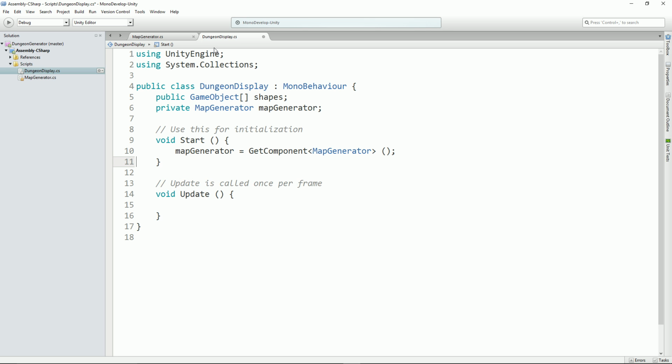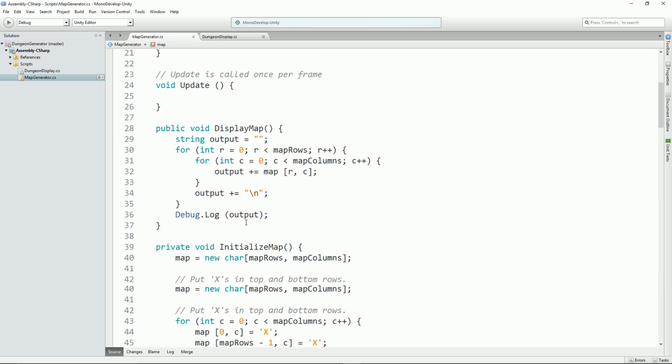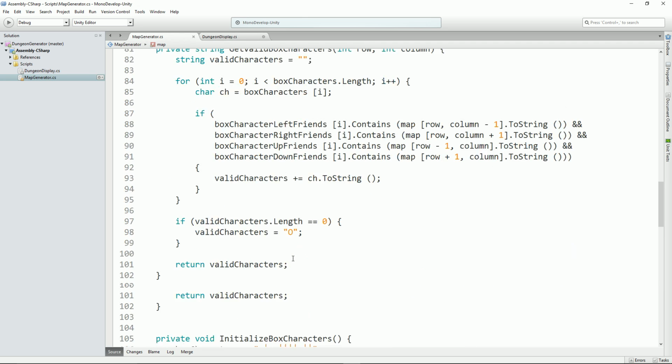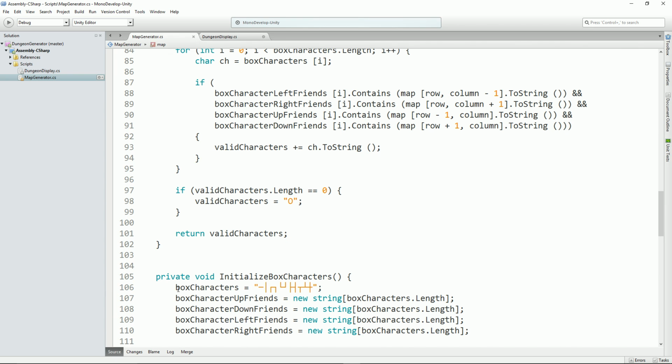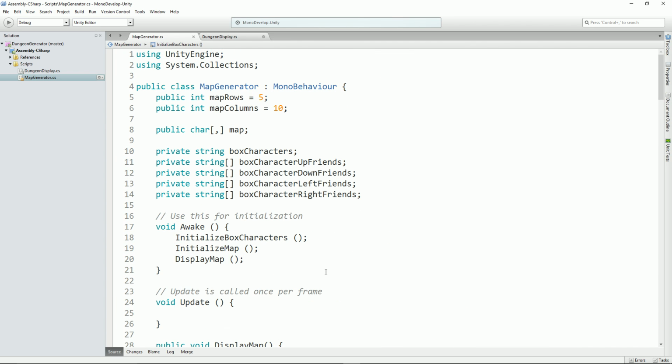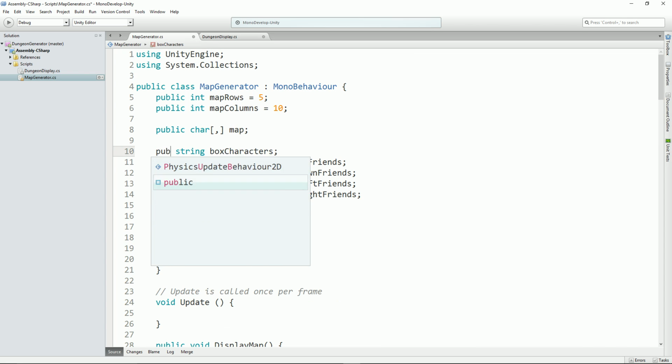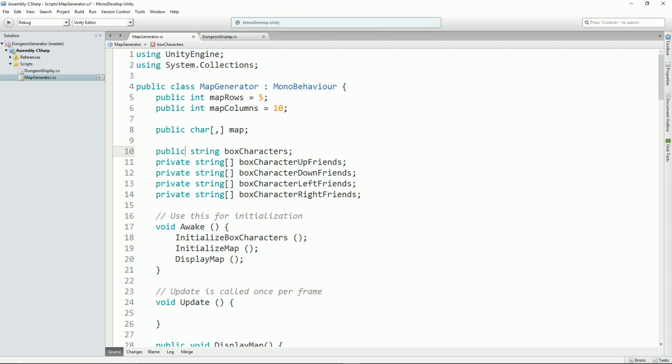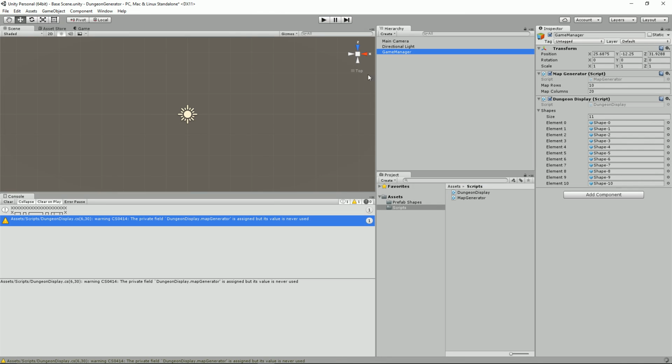What we'll now do is we'll say for brackets. The other thing we're going to need is a reference to the characters, aren't we? So that we know which ones to map them to. These ones here. So box characters equals, is box characters public or private? I'm going to have to make that public. We could do get calls on these. For now, I'm just going to leave them as public. I'm probably going to have to refactor that code a bit later on. So what we can do now